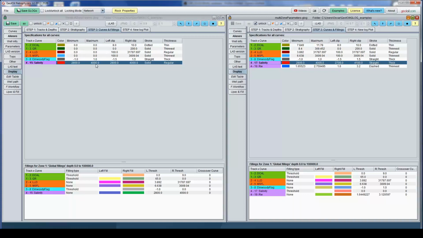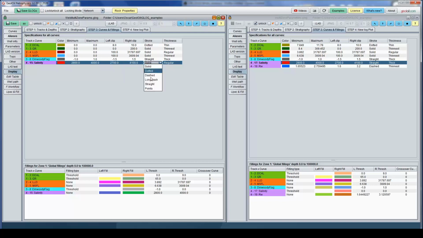So let's go a little bit to the left, a little bit more to the right to avoid touching the walls of the frame. Maybe 2700, and here 4100. Stroke straight. Let's put thick and red color. Let's see how it behaves.